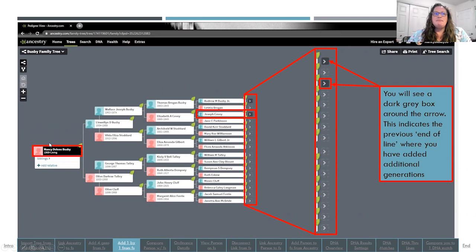Okay, so here we have me again in the number 1 position on this tree. And I can see all of the other people at the end of line that I haven't added the additional 4 generations to. You'll notice that these 2, Andrew Busby and Joseph Covey, that I've uploaded and connected through Family Search the next 4 generations, those boxes have turned a dark gray with the white arrow. So if I were to click on